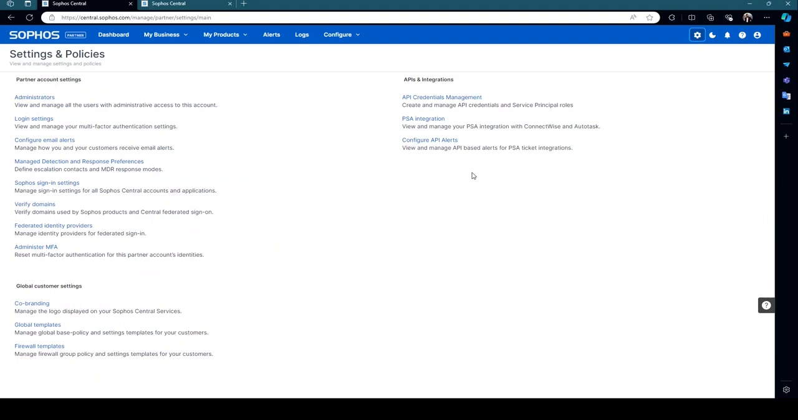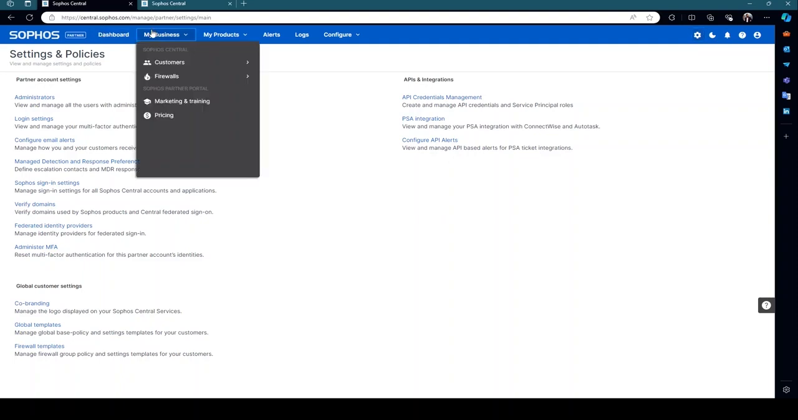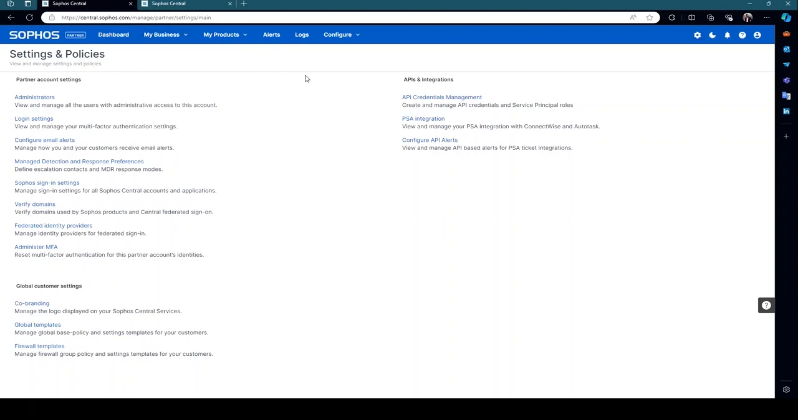Now let's go back to the general settings here again, because you can also now configure API alerts. So you can view and manage API-based alerts for PSA ticket integrations. That's also the point where you can then see the PSA sync alerts in the dashboard section or in the alert section. To round it all up, the last thing I want to show you is the MDR section, because it has been the fastest growing service we offer at Sophos, and we are the